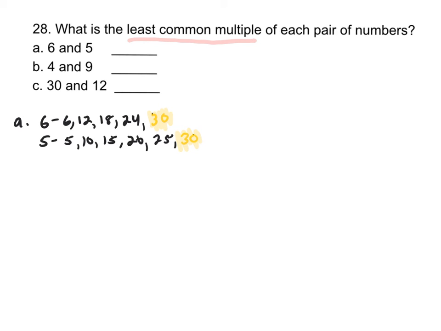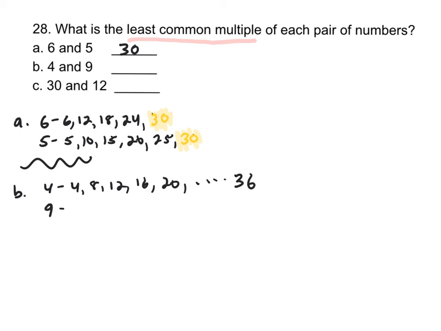So we can write that down. Now, if you're really good with your math facts, obviously you don't need to list all these. You can do it right in your head. But if you don't have your math facts down, it helps to write them out. So let's do 4 and 9. 4 and 9. 4 times 2 is 8. 4 times 3 is 12. 4 times 4 is 16. 4 times 5 is 20. I'm going to go all the way out